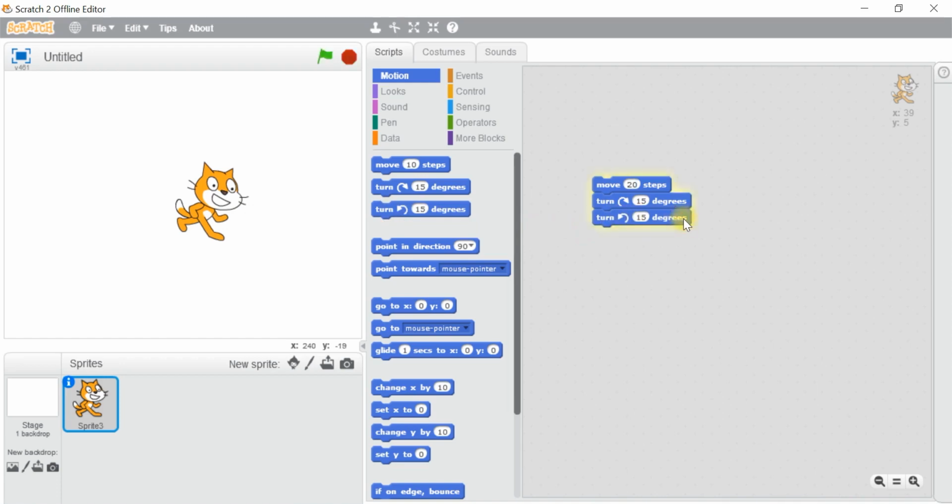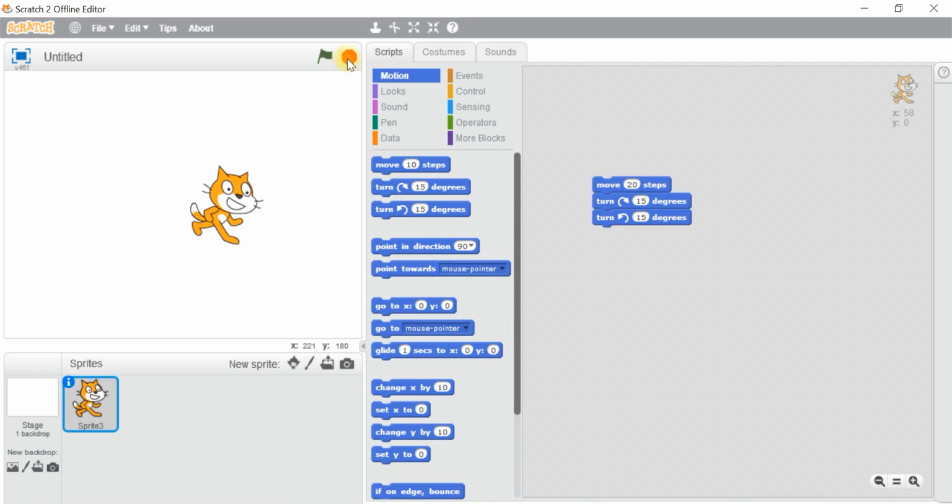Okay, children. And at the top there are 2 buttons, a green flag and a red circle. The green flag is to play, and the red circle is to stop the sprites.